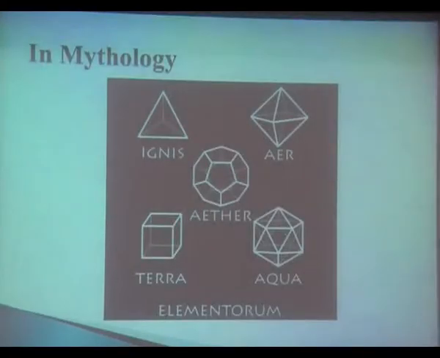And in mythology, we don't even know why they did this. In fact, the name platonic solid stuck because of this association that Plato made. He associated the tetrahedron with fire, the octahedron with air, ether. Then terra is earth, aqua is water. I even searched on a website why he did this, and there was a wiki answers entry. Somebody asked, why did Plato associate these? Somebody simply answered, because he wanted to. There was no real answer to that.